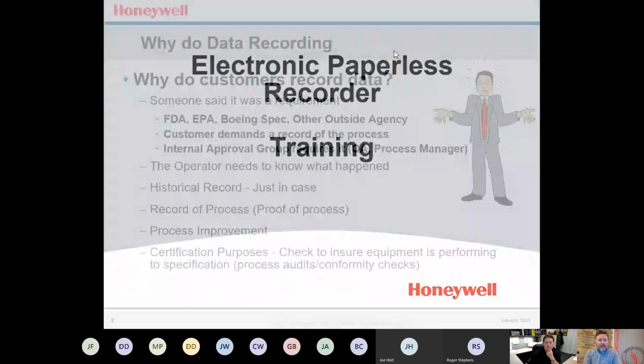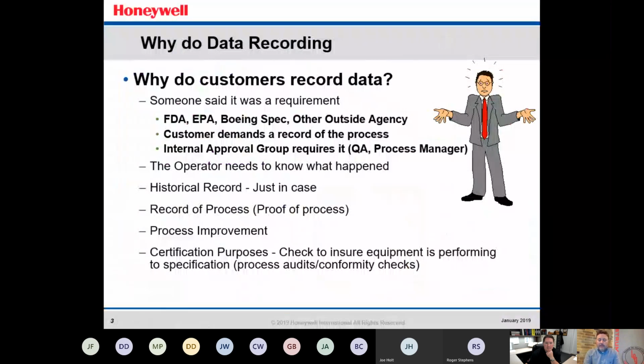So the first question a lot of people usually ask is why do you need data recording? I mean, why is that so important? Well, in today's age, the data that your customers are requiring are pretty critical to the operations. A lot of times this data is being used in the heat treating or manufacturing of aerospace products, pharmaceutical. It could be wastewater, it could be chemical, but the data is pretty important these days, and we've really moved away from the paper recording of the old days where you take the paper off the chart recorder and you go and you stuff it in a file folder somewhere, and then good luck trying to retrieve that in a timely manner when one of your customers come in and ask for it, unless you have a real good filing system. But in today's age, with the video recorders, it allows very easy and quick access to the data,